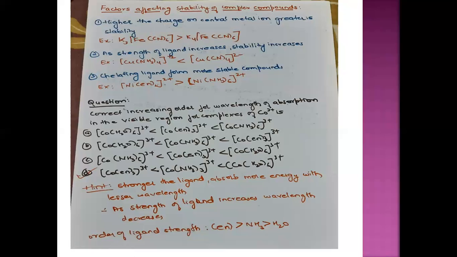So this is the end of your video lecture. I have covered Werner's theory. I have covered valence bond theory. I have covered crystal field theory for octahedral and tetrahedral, how to find effective atomic number, and the factors affecting the stability of the complex. So if you just go through video 1 and video 2, it is far enough to crack all the questions of the coordination compounds chapter.